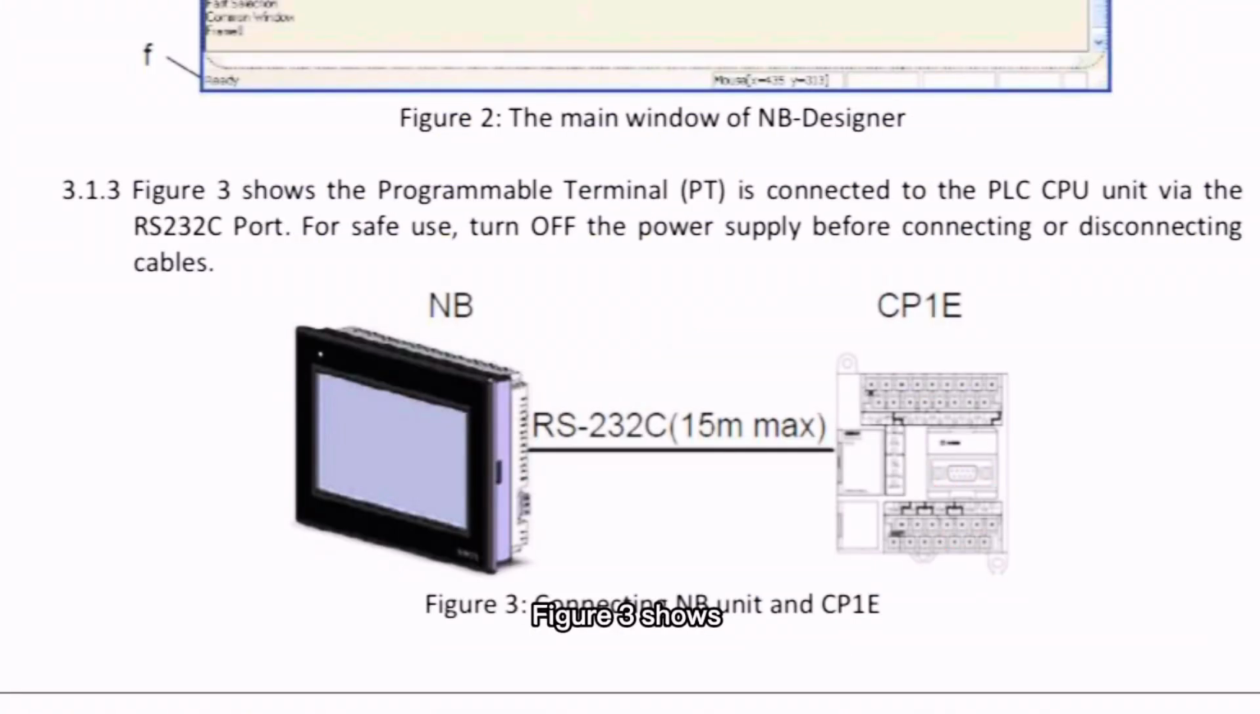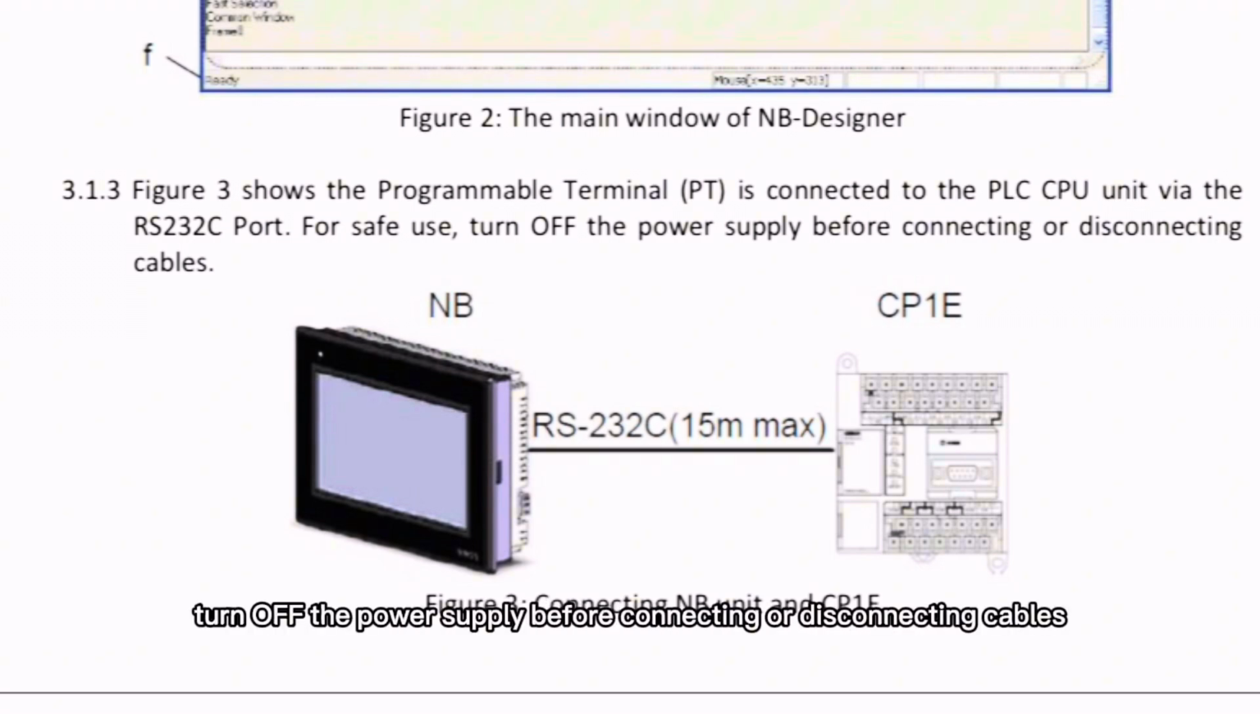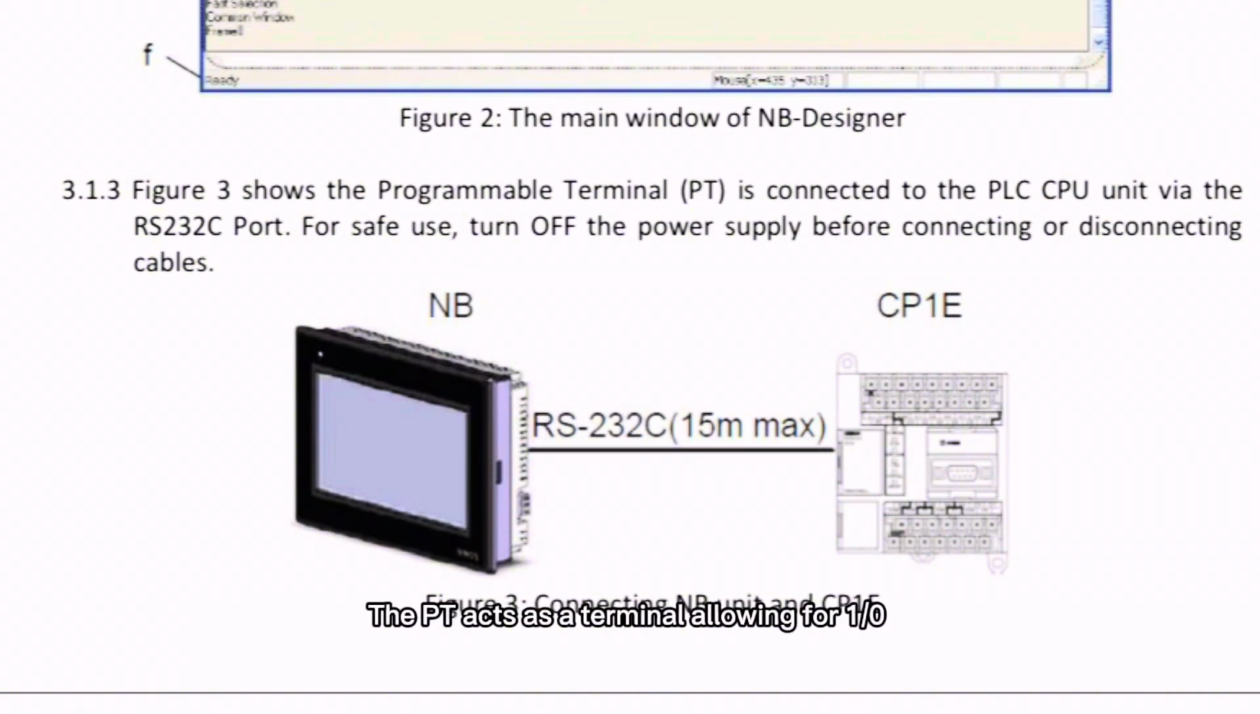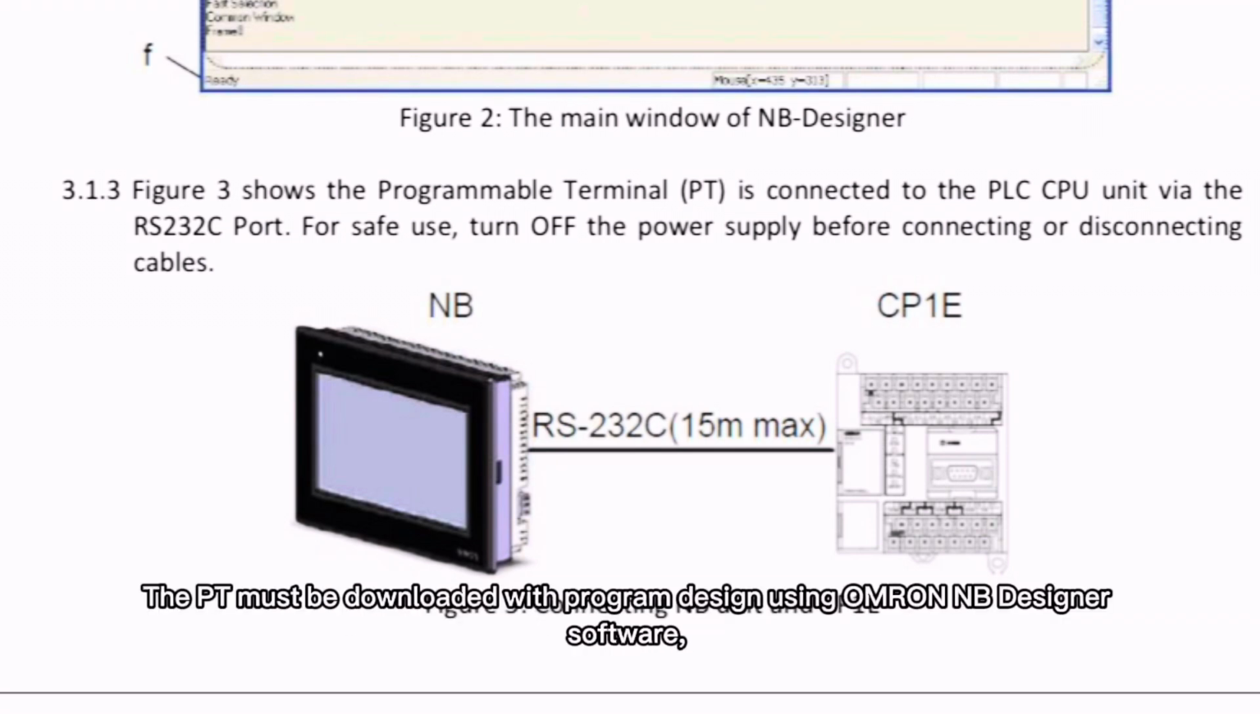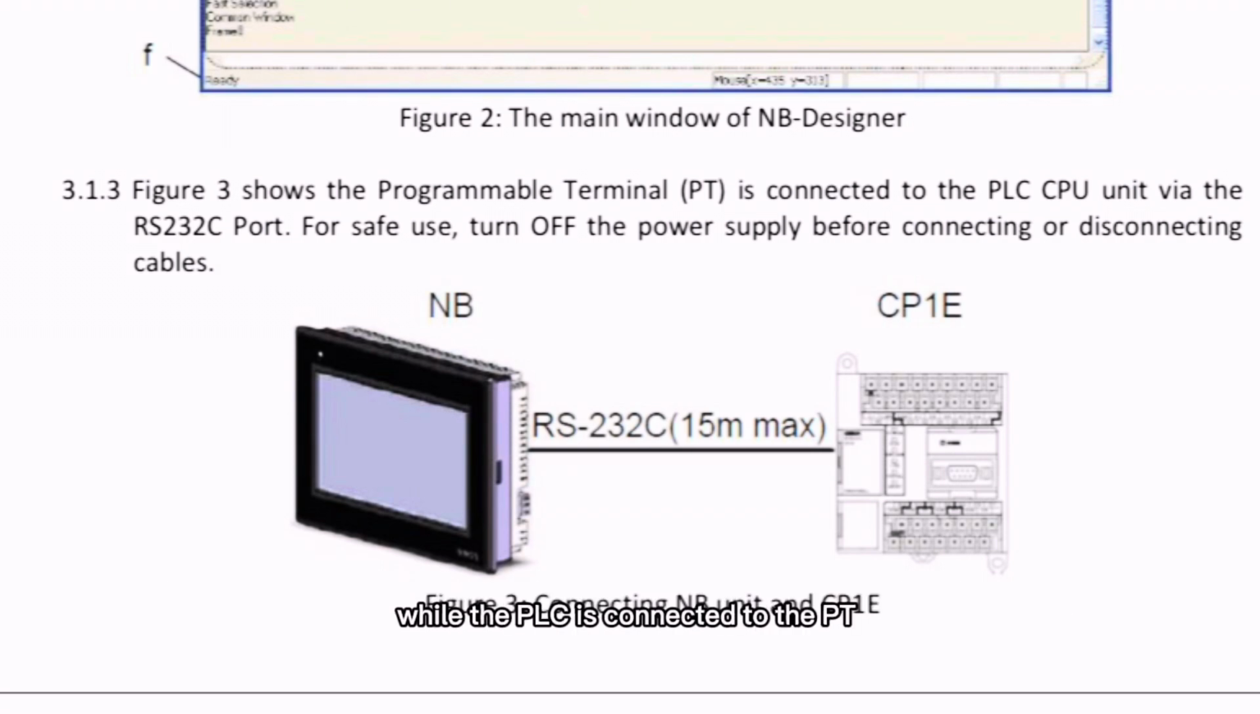Figure 3 shows the programmable terminal PT is connected to the PLC CPU unit via the RS-232C port. For safe use, turn OFF the power supply before connecting or disconnecting cables. The PT acts as a terminal, allowing for input-output operation and displaying status and messages. The PT must be downloaded with a program designed using Omron NB Designer software, while the PLC connected to the PT is also required to be loaded with a program